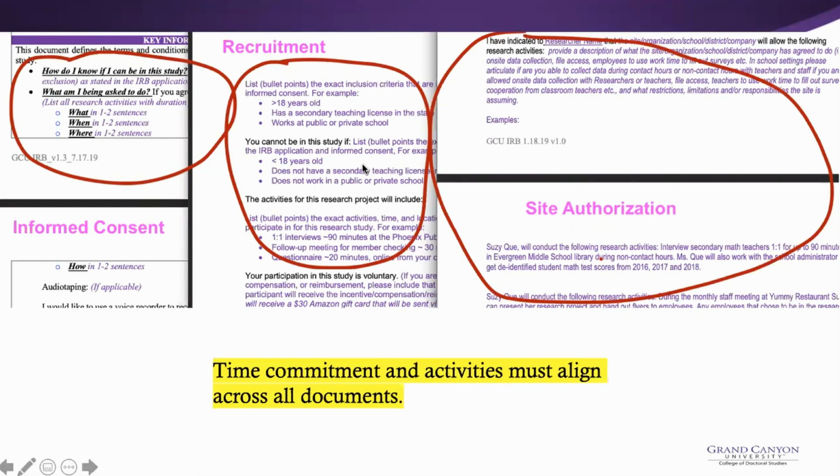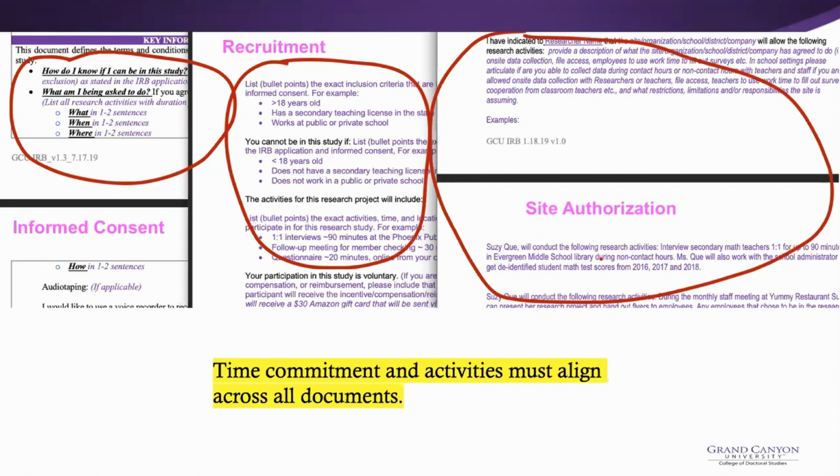Hey, if you want to be in our study, this is the criteria that you need to have, and this is where it's going to happen. And it's going to take this long. It's going to take interviews, you're going to have focus groups, or whatever it is, you have to have the real time. And if you are seeking permission from a site and you're using the resources of a site,